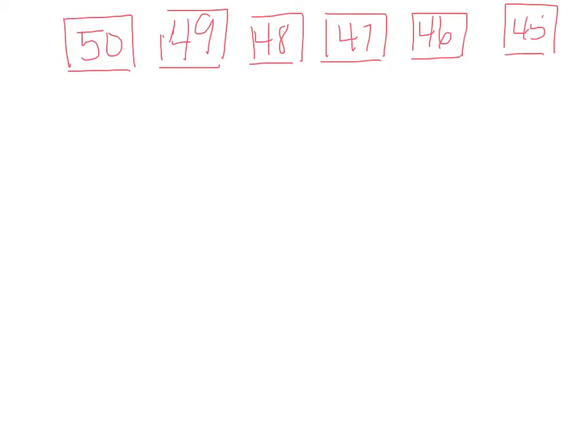And if you were to actually do that multiplication, 50 times 49 times 48 times 47 times 46 times 45, you would find that it is a very large number as it relates to